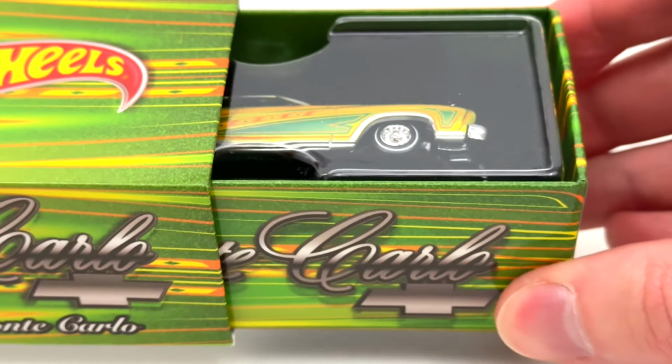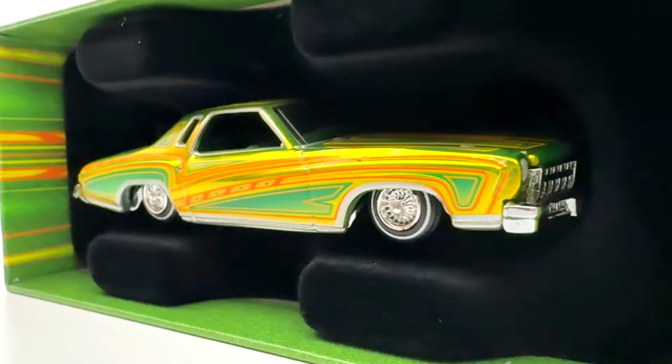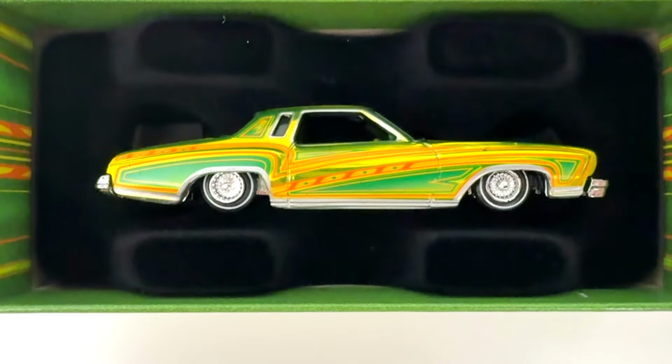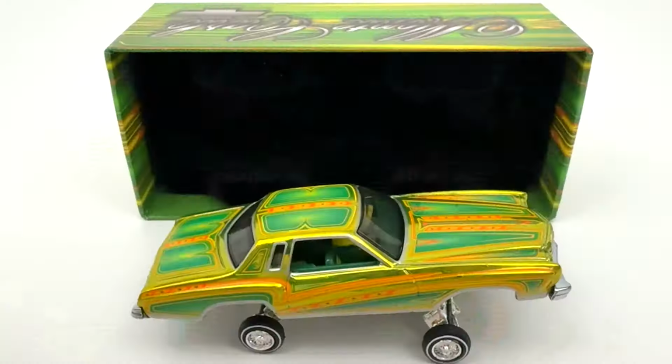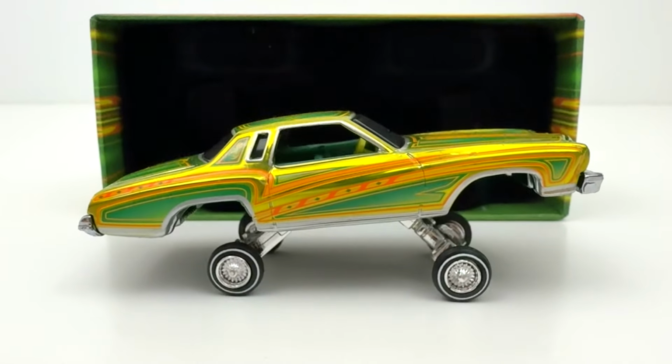Lowriders are a staple in the RLC lineup, so it's fitting that the 1975 Chevy Monte Carlo also makes an appearance. This particular vehicle proudly wears pinstripes and custom patterns across its green Spectraflame paint job. If you take a peek at the back, there's even a license plate that says West Side to signify its